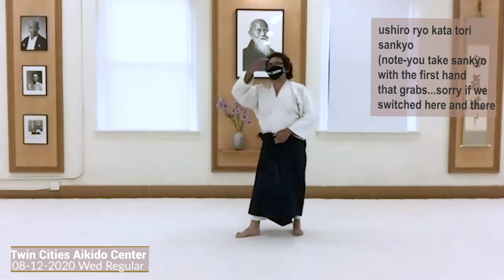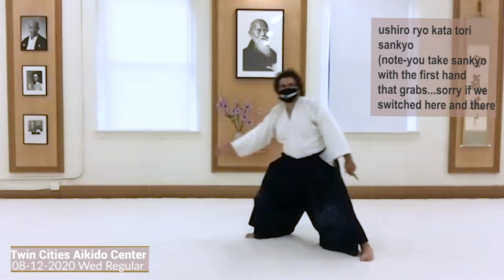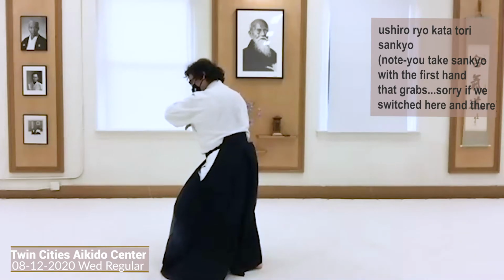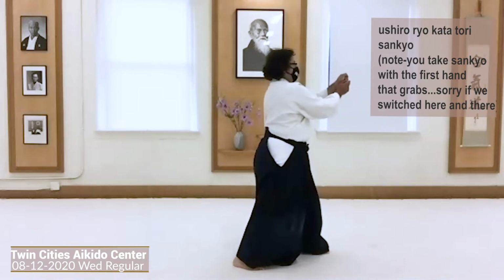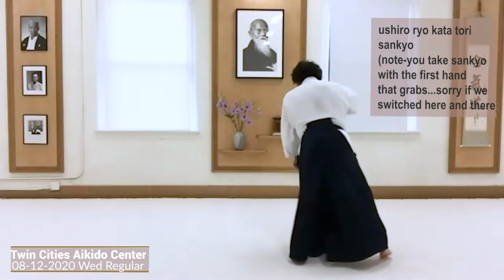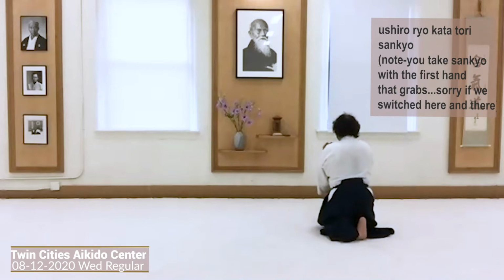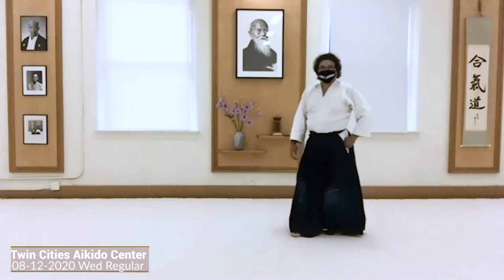Okay, right, you're making Hanmi. So here, they're grabbing with their right hand. I slide to my left, step with my left. Kokyu, left hand on my right shoulder, draw that left foot back, and pivot. As I pivot, cut down. As I cut down, I bring my right foot over, left, right knee down, left knee down 90 degrees, bring the hands in, and pivot. Okay, so